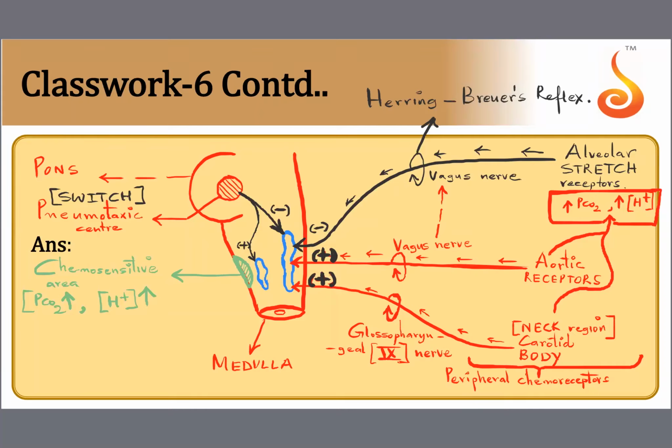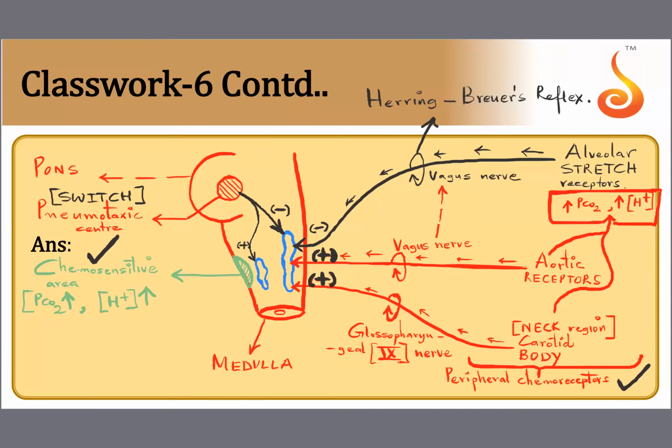If you initiate greater inspiration, then a person will breathe more and the person can eliminate this unwanted excess partial pressure of carbon dioxide and H plus ion concentration. Okay, so I hope you got an idea here that two types of chemosensitive regions are there. One is a part of the brain itself. We simply call it the chemosensitive area. There is another chemosensitive region which is a part of your blood circulatory system. That's why it's called peripheral. It's away from the brain.